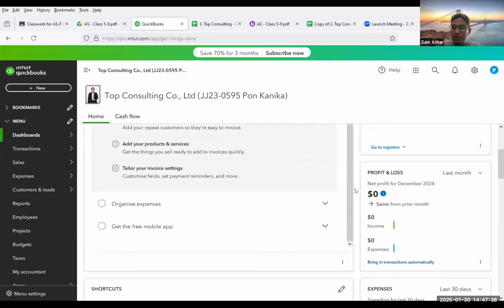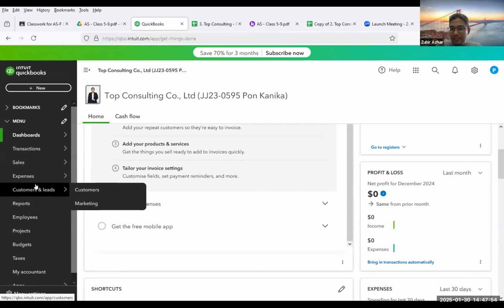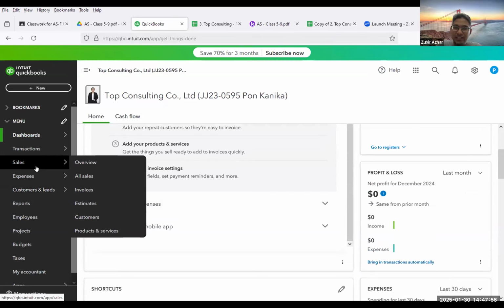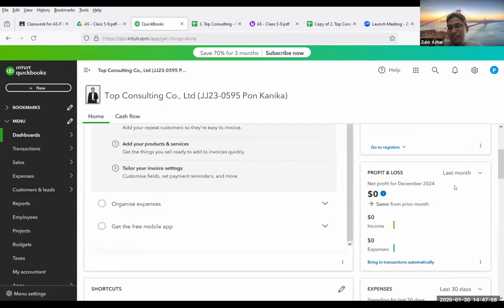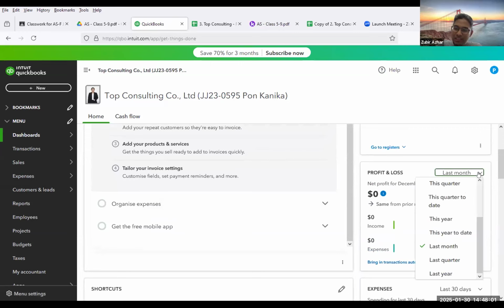Do you see we have the profit and loss? All right, so it shows all zero because you chose last month. Can we change last month to this month? On your right hand side. That one is left. Take a look at the profit and loss account last month. Change to this month or this year.